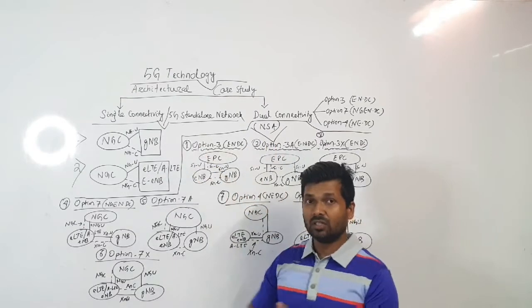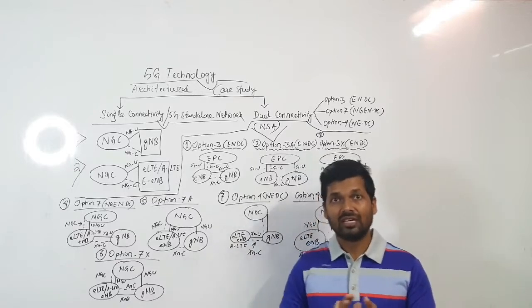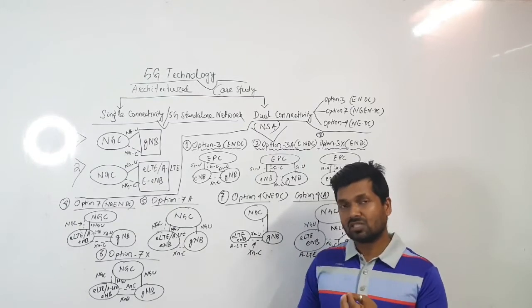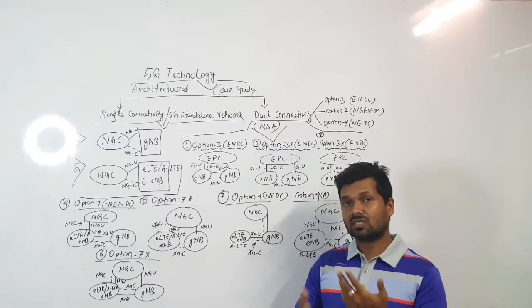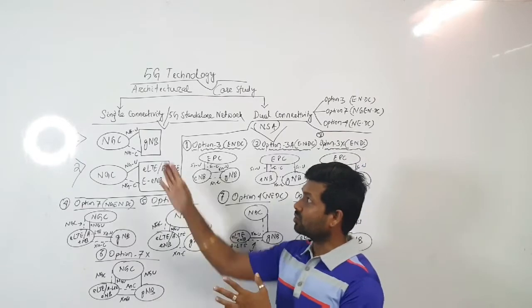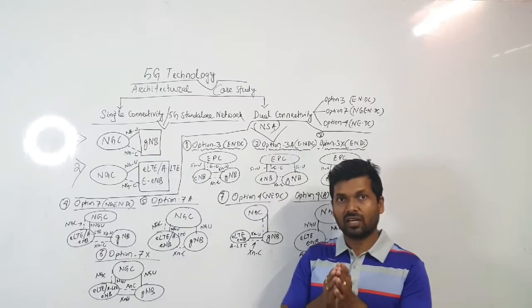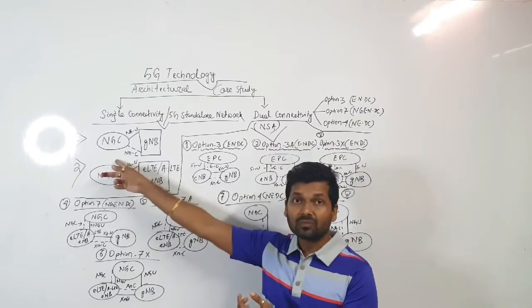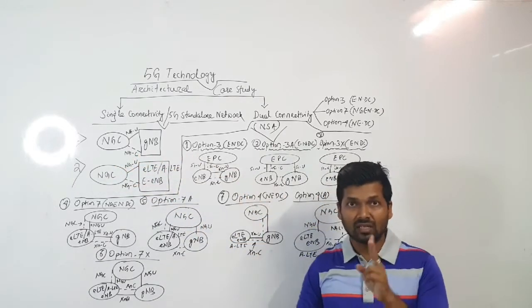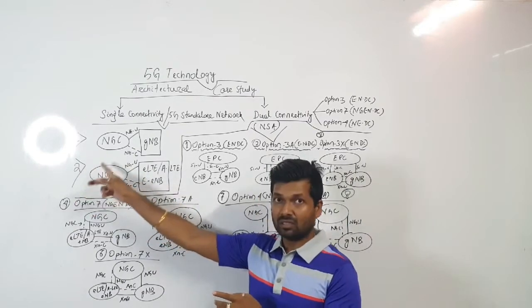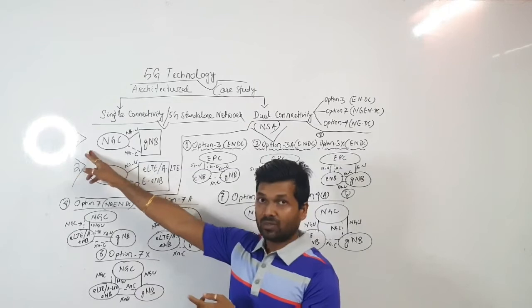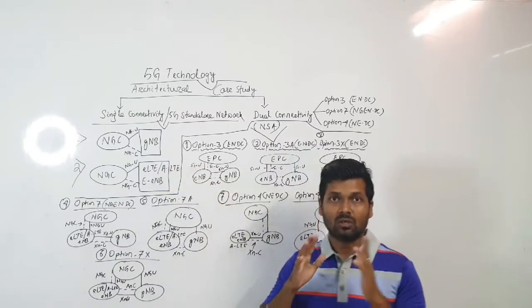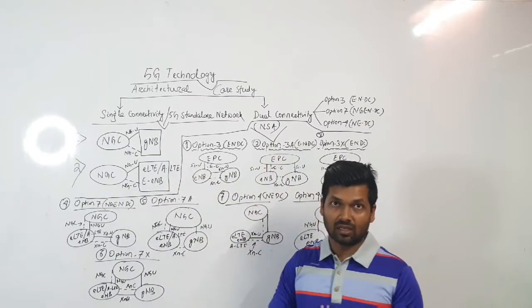So with single connectivity you are going all the way for 5G. There are no 4G nodes anymore, neither core nor the RAN. But definitely you can support the evolved LTE or the advanced LTE radio nodes. So that is why this is called single connectivity. You just connect with the 5G core network or the new generation core network, NGC. Okay. So there are two options in single connectivity. Point number one is option one, and point number two is option two. Two different options possible for 5G single connectivity.